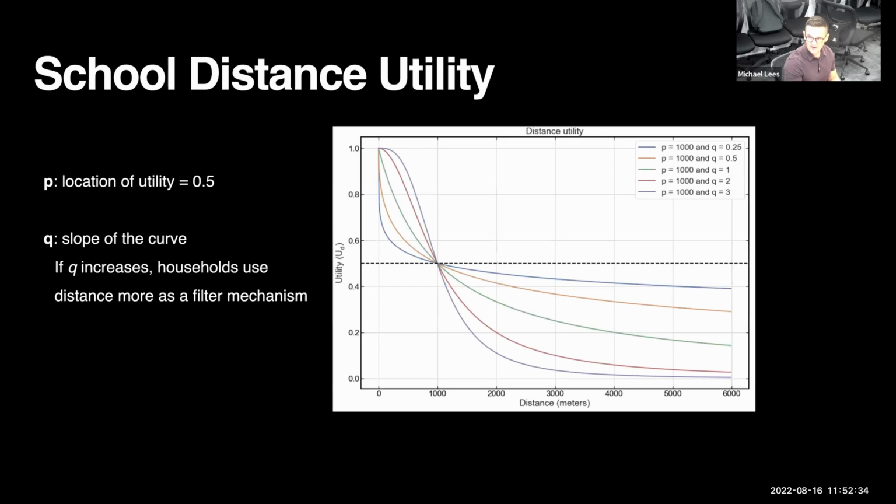What we've been playing with now is looking at the effect of school distance. In the simple model, the closer the school, the more utility you get. But actually, what we're finding from the evidence is school distance is not really a utility, it's more of a cutoff. So you say, okay, I'm going to look at all schools within a certain radius. And if it's 1 kilometer or 1.5, it's the same. What I care more about is the actual school composition, the school quality, and things like this. So we're playing with that now.